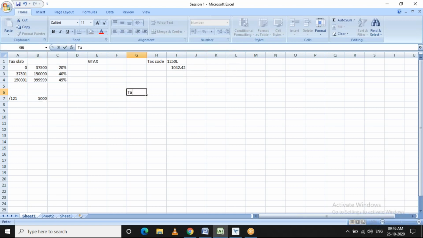Let's say the taxable earnings is 5,000 initially. First this 1,042 will be deducted from the 5,000, and then the slabs will be applied.